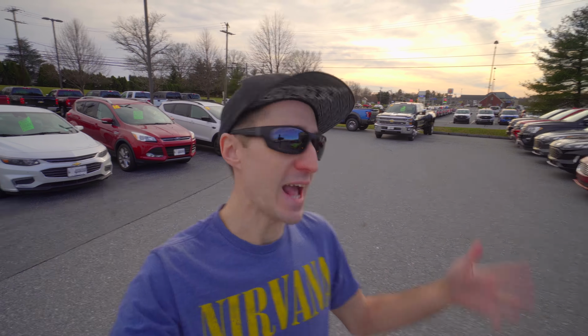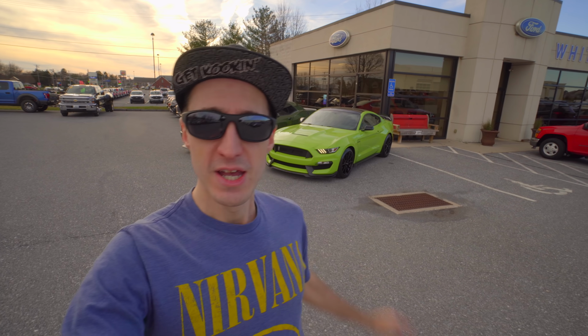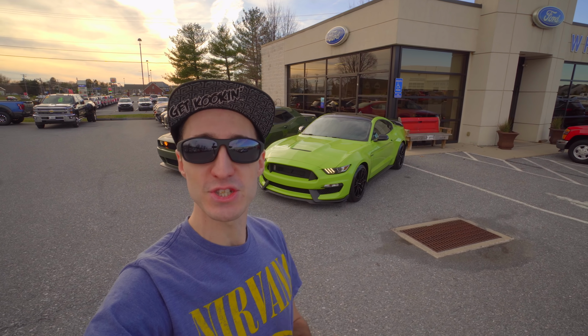A lot of people said, hey, why'd you get the GT350? Doesn't make as much power as the GT500. Doesn't matter. It's a manual, and the block is the same now. 2019 and up gets the GT500 block, all forged internals, a lot stronger of an engine, and can handle over 12 pounds of boost. So we're talking about 800 to 900 pounds lighter, and we're gonna be making the same power. Not gonna tell you guys how we're doing it just yet, but there is a lot in store for